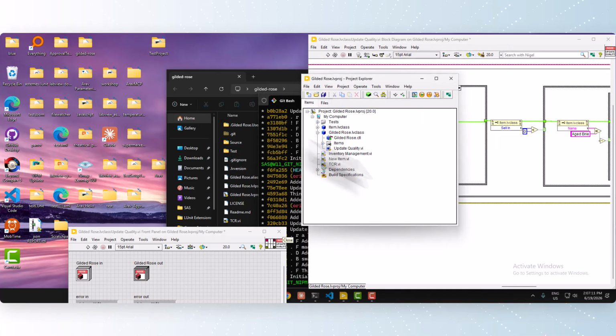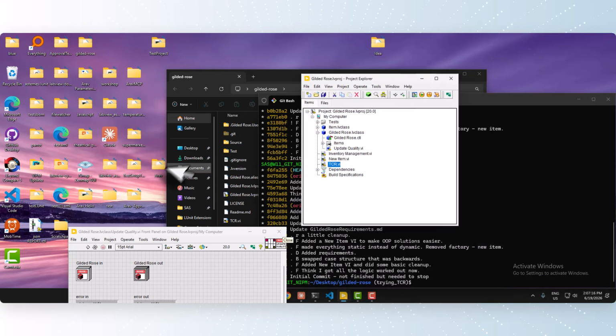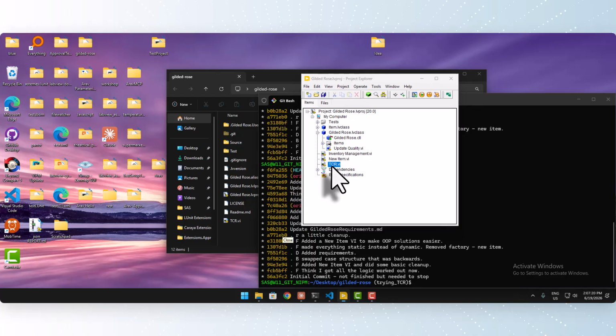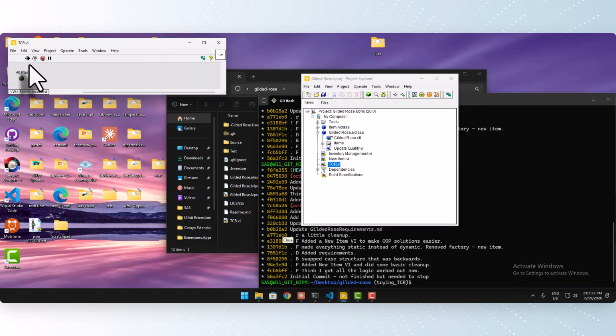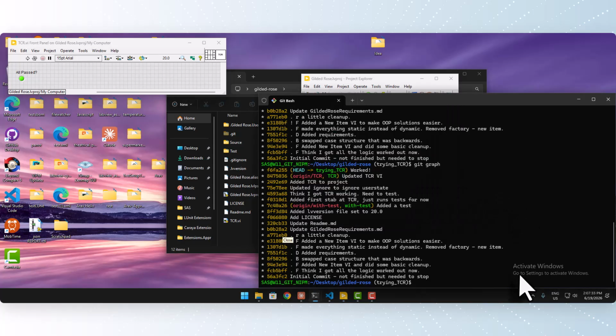I can close that window. Now I can run TCR, but first I'm going to close that. And close that just to be safe. TCR. Hey, passed. Commit successful. That's easy. And now I'm going to say git